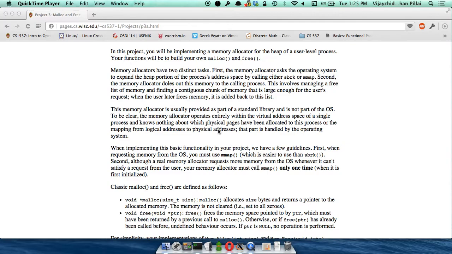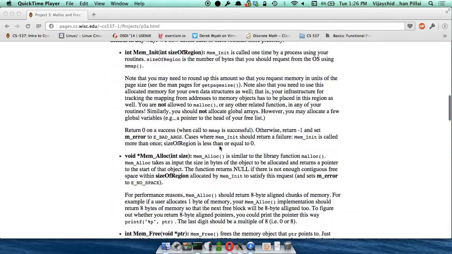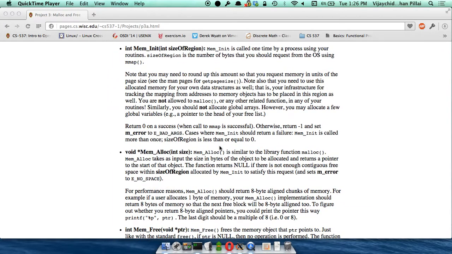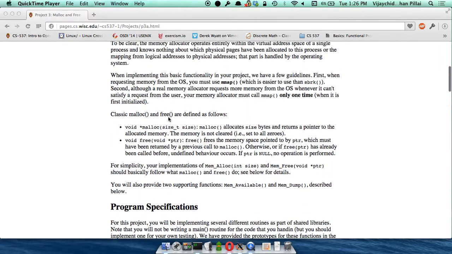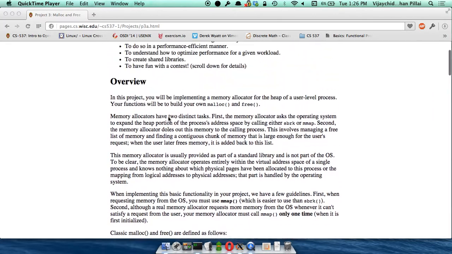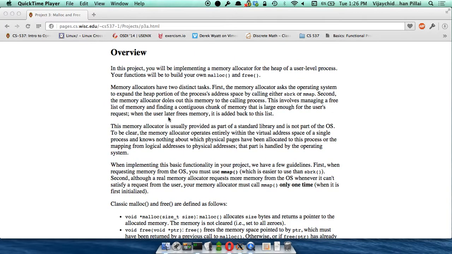We will not be replacing malloc and free with our implementation, but we'll be doing something on the side which looks very much like malloc and free. The reason we're not replacing malloc and free is because if you do that, I can reliably expect that all of you will be in office hours with crashed computers. So we don't want to do that. We have enough of an experience with that, so we are just going to have an additional malloc and free.